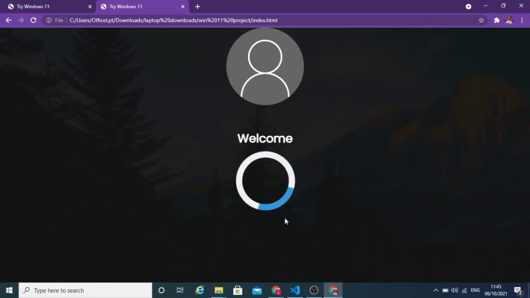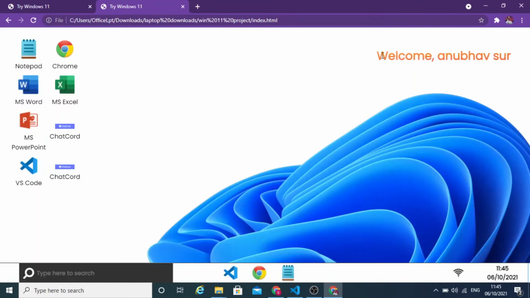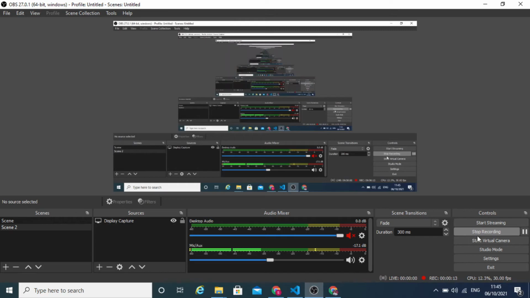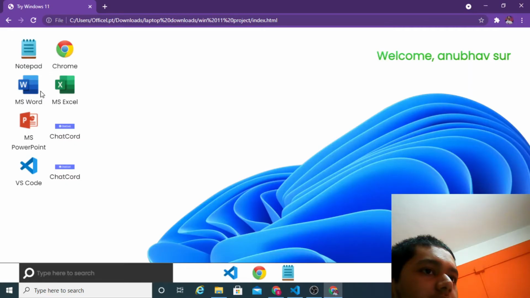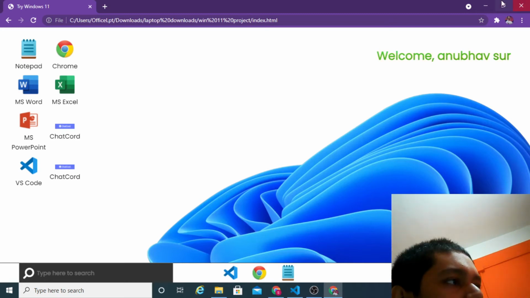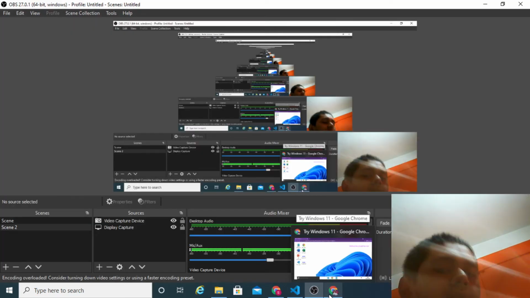It will show you a welcome message, and I have successfully entered. If I reload this page, then I don't have to log in again, because my login state, meaning whether I had entered the password or not, was saved in the session storage. So if I close this Chrome tab, then I have to log in again, because the session storage would get deleted at that time.